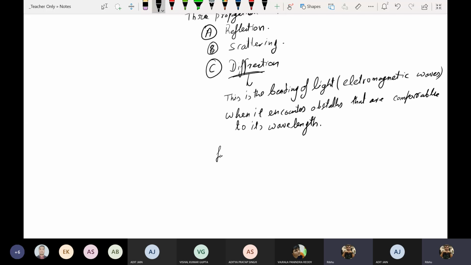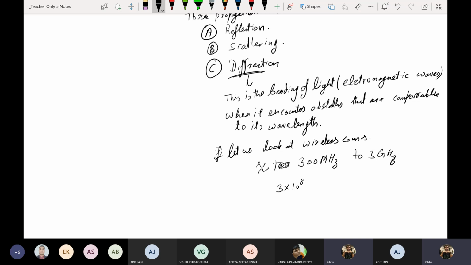So now let us look at wireless comms. We operate at frequencies close to, actually we work around 300 megahertz to 3 gigahertz. We work in this range. So 3 into 10 to power 8 to